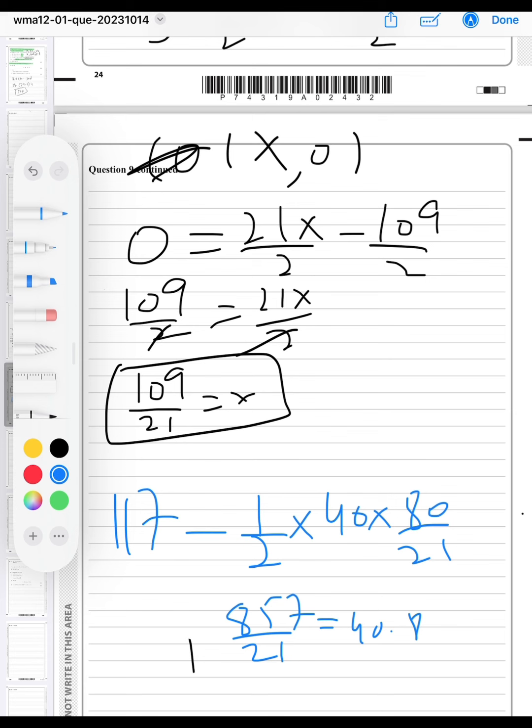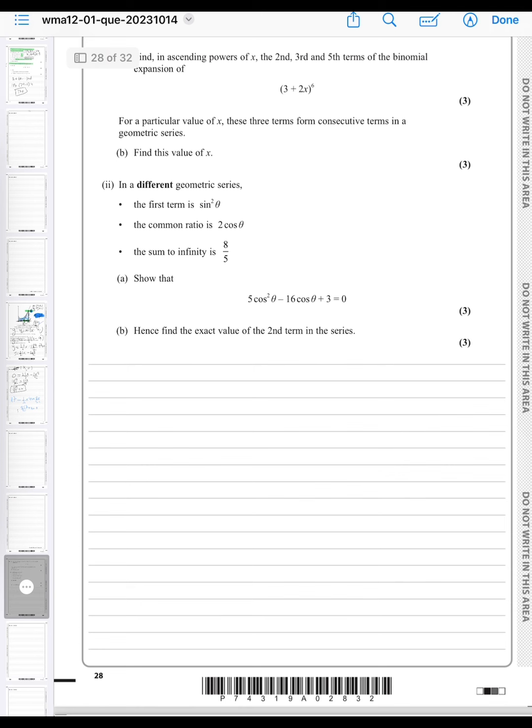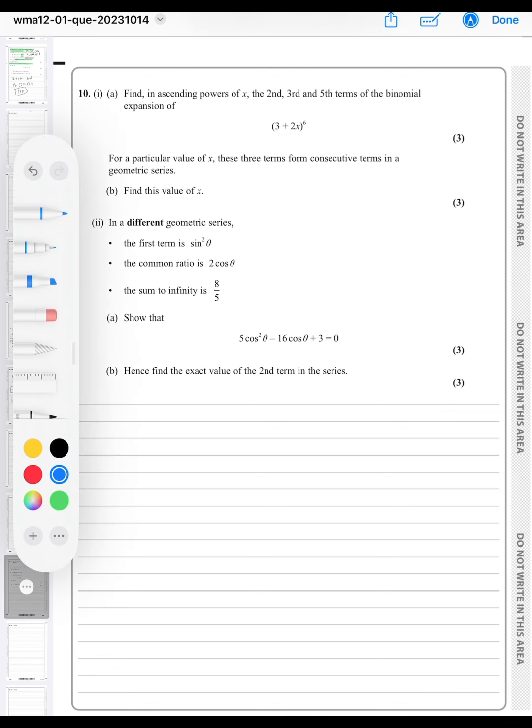Now moving towards the last question. This is the last question now. Hold on. Yeah, this is the last question, from the binomial expansion. In the first part they are asking us to find the ascending powers of x, the second, third, and fifth terms of the binomial expansion, which means that